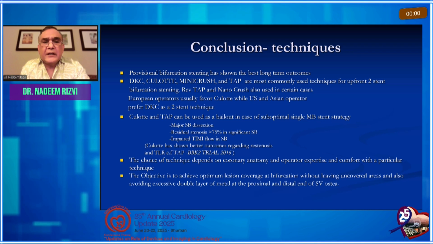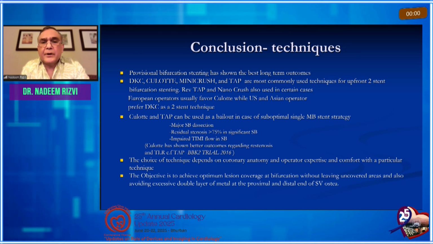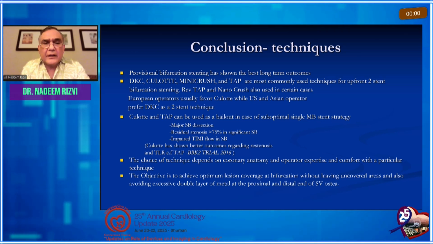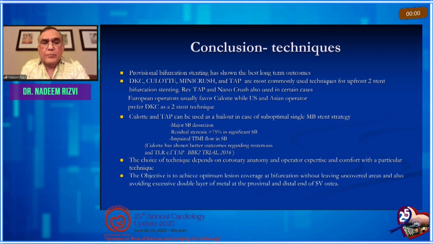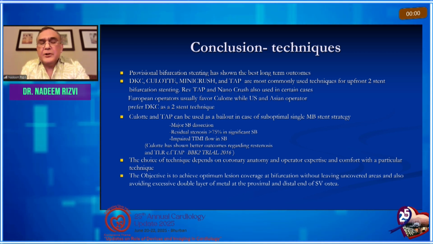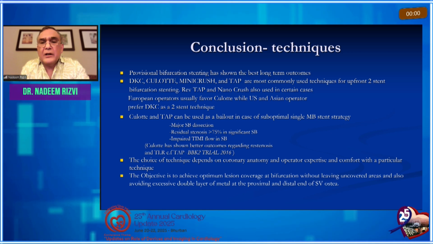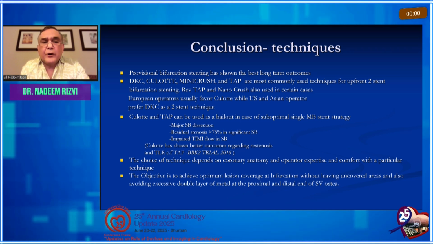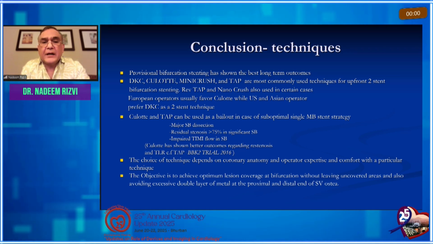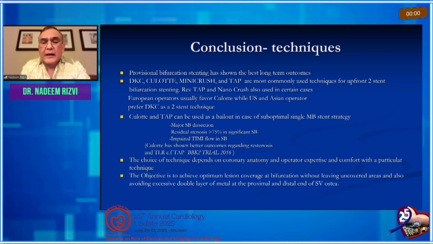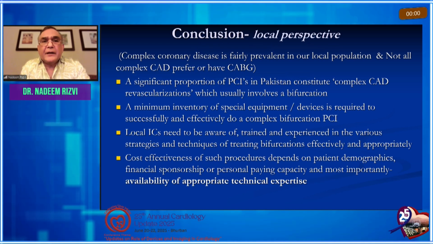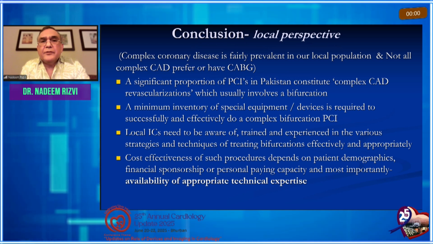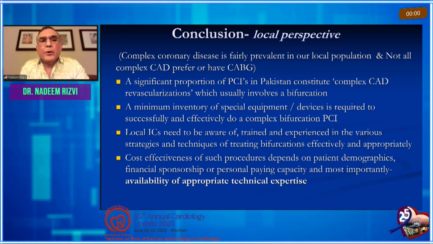Choice of technique depends on the coronary anatomy and operator expertise and the comfort of the technique in which he's experienced. The objective, this is very important, the objective is to achieve optimum lesion coverage at bifurcation without leaving uncovered areas and also avoiding excessive double layer of metal at the proximal and distal end of side branch ostia. So final conclusion from the local perspective, complex coronary artery disease is fairly prevalent in our local population,